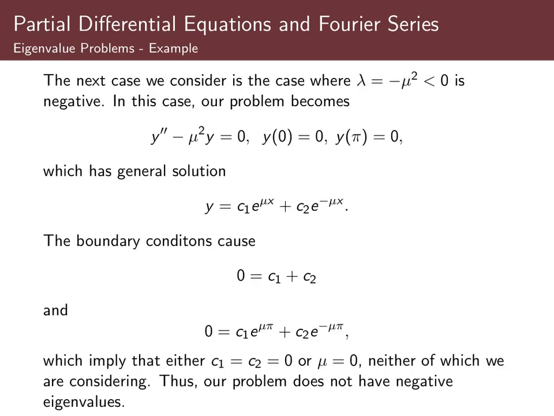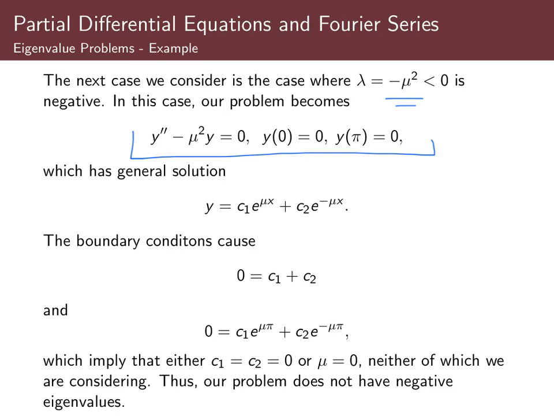The next case we'll consider is when lambda is negative, and we'll denote it by negative mu squared to make our calculations a little easier. In this case, our boundary value problem becomes y double prime minus mu squared y is equal to 0. With the same homogeneous boundary conditions, the solution of the characteristic equation in this case is mu and negative mu, so our general solution is a couple of exponential functions,